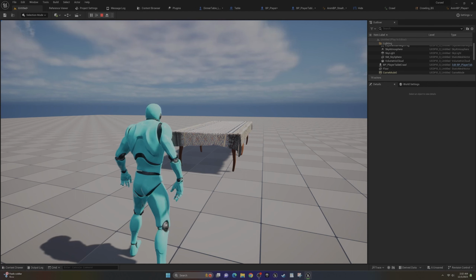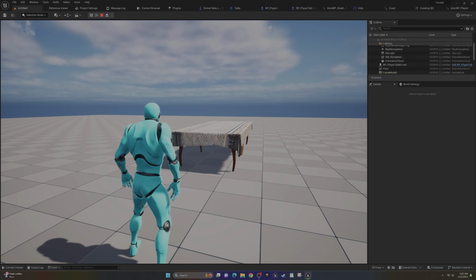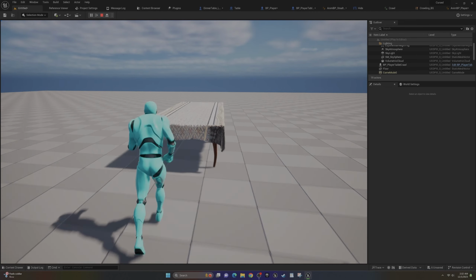How to make your character hide and crawl underneath a table. This will work well for any kind of stealth or horror games where your character has to try and hide from the enemy. How it basically works is whenever you approach an obstacle that you can crawl underneath of,